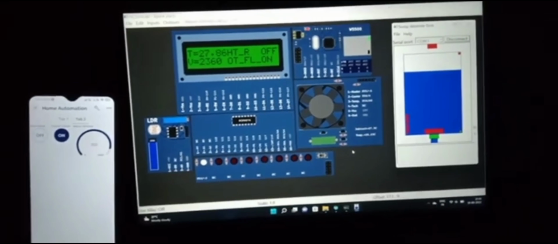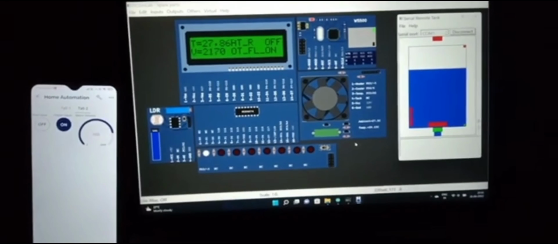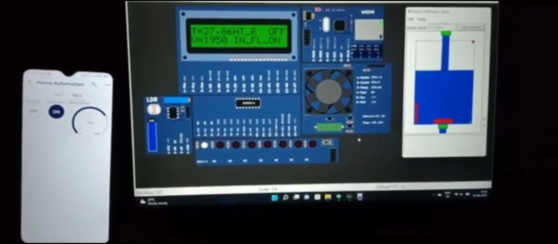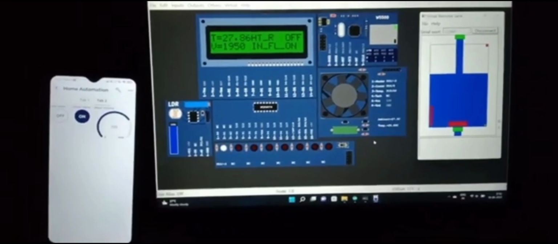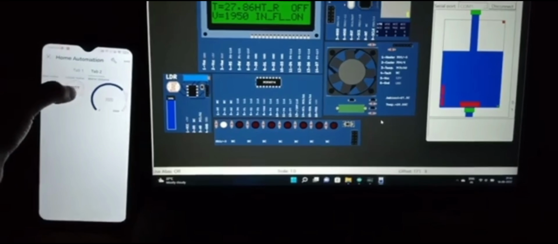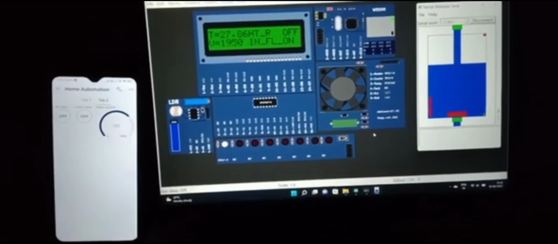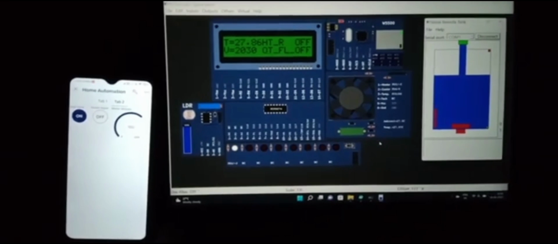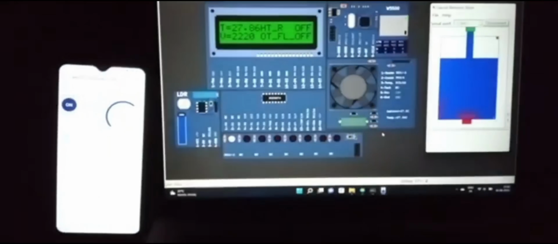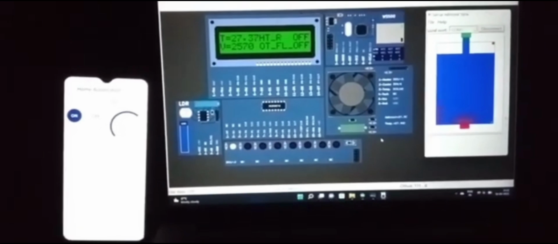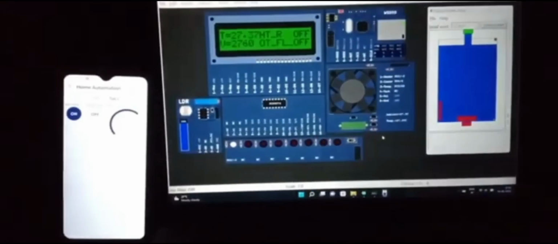Automatically, after filling the tank, the inlet valve gets turned off, and we view notifications in the mobile app that water level is less than 2000, water inflow is enabled. Water level is full, water inflow is disabled. Thus, we see the notifications in the Blink IoT app.